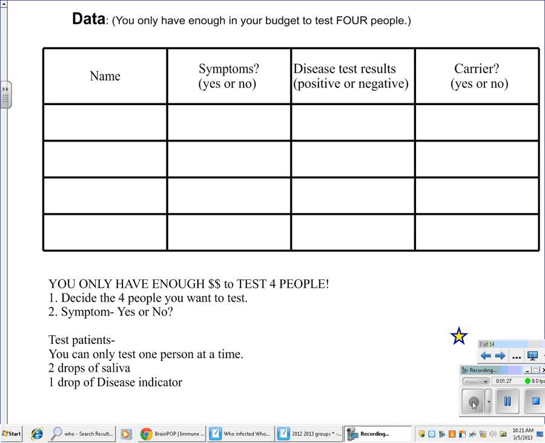You can only test one person at a time, and it gives you the information on how many drops of saliva and how many drops of disease indicator. I will leave this up while you all are working. In addition to that,